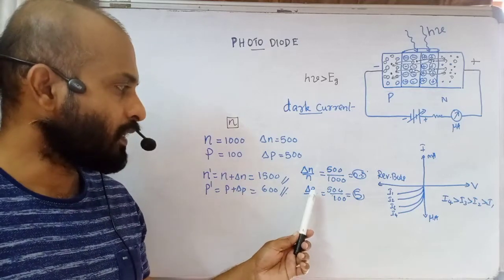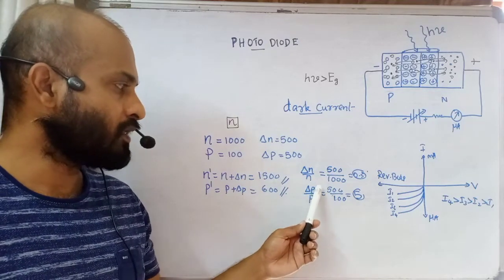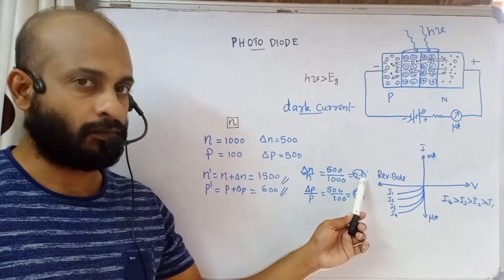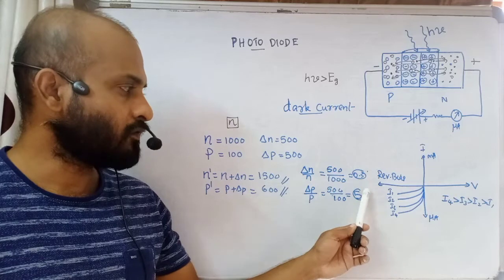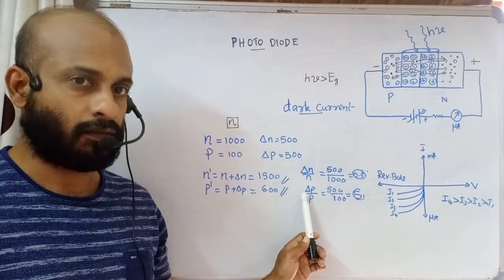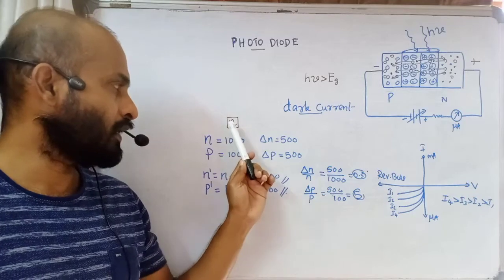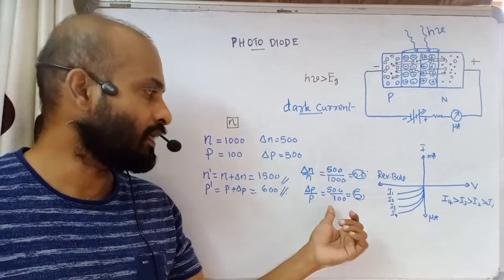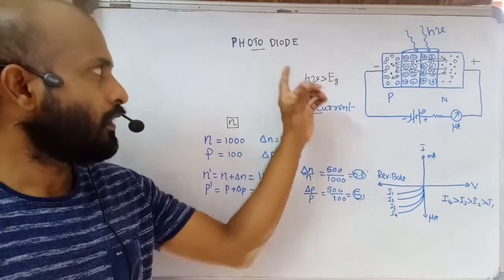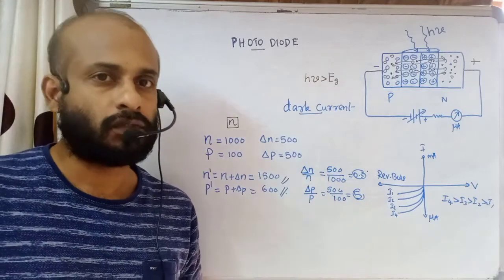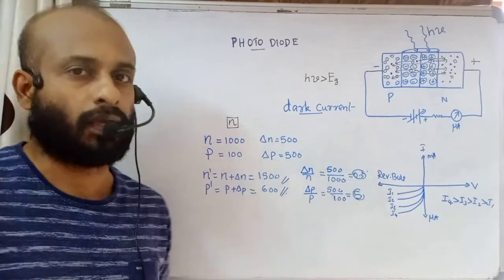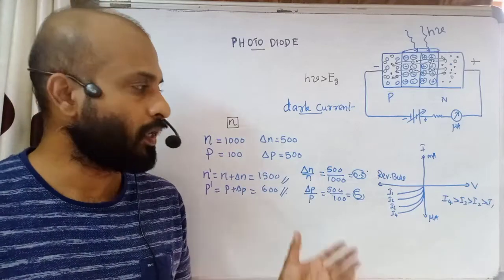But if it is reverse biased, the fraction of minority charge carriers is large. It is 5 compared to the majority charge fraction. Since this value is large, it is due to minority charge carriers, because the holes are the minority charge carriers in n-type. So we can easily detect the photocurrent. Okay, that's why a photodiode is always reverse biased. So by this value you can easily understand the reason behind it. Okay, I hope that you have understood.